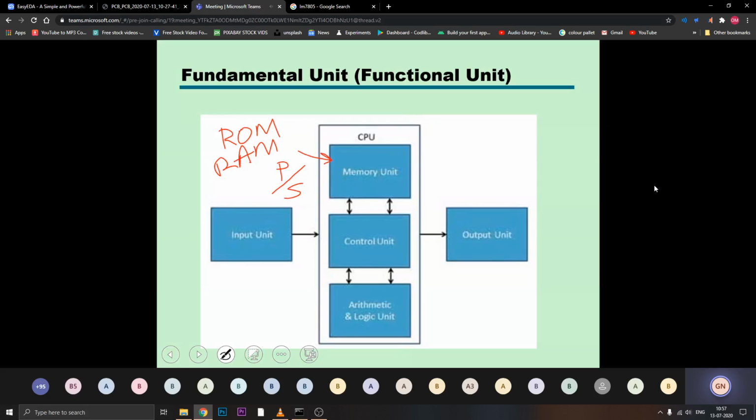POST is a routine which is useful for uploading all the component drivers which are connected to the computer. So when your operating system is booting, that process happens. That complete thing is a routine process. Every time the system starts, you have to do that. Every time the system shuts down, you need to close those files and shut it down. This is a routine process. Such processes we store on ROM, which is called read only memory. I am only storing data which is frequently read. There are no changes in it. I am always going to need those files every time.